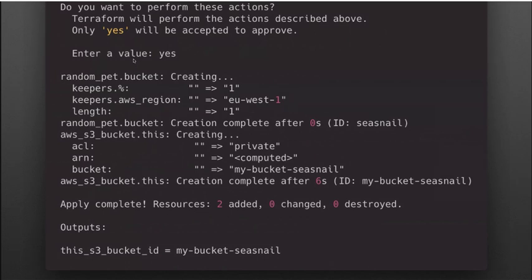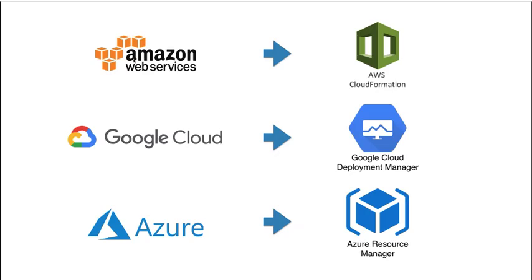You describe something in a file with extension .tf, and then you run terraform init and terraform apply to get this infrastructure created. So now,